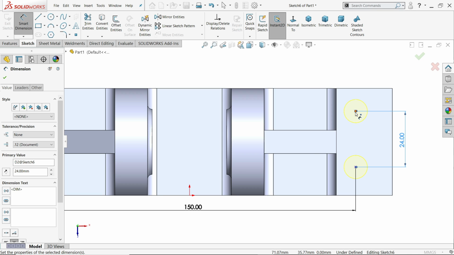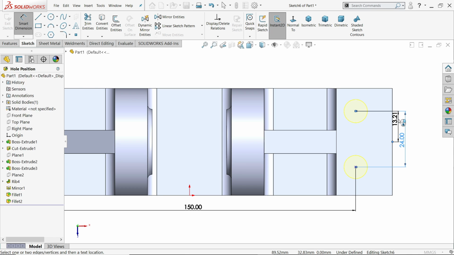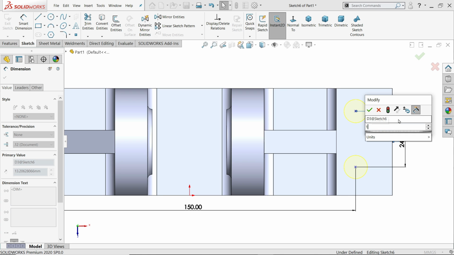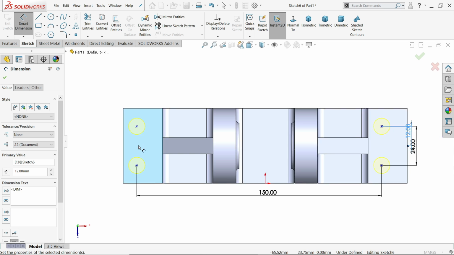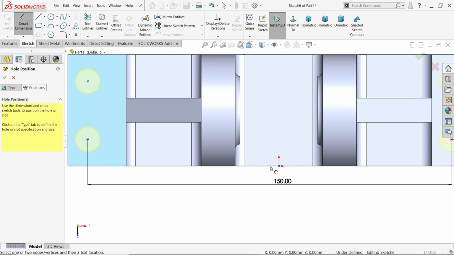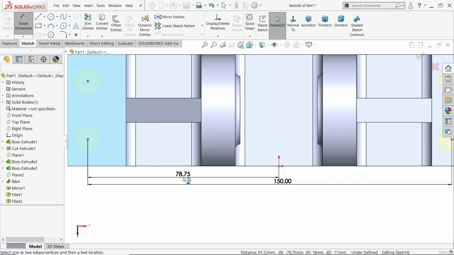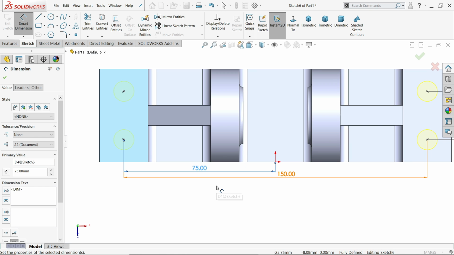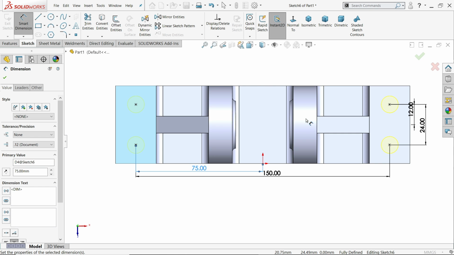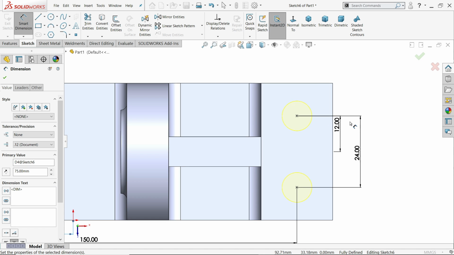So from this point to this point should be 20, 12. Now the distance from this point to this is 150 by 2 millimeter. Now see, this is a fully defined sketch.